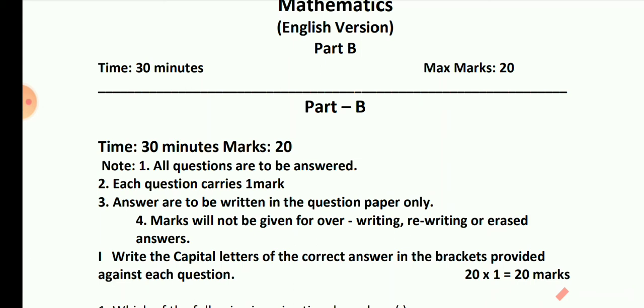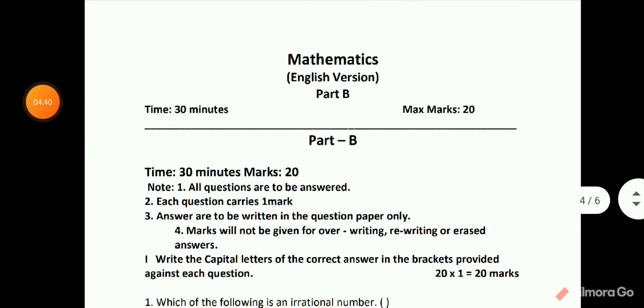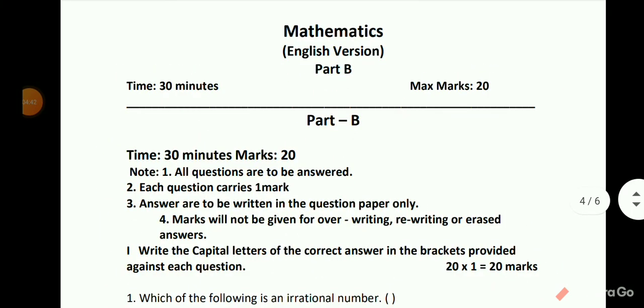At last I just want to conclude that this paper is easy. In this paper we have 2 parts, and each part has sections. In part 1, part A, we have 3 sections. Section 1 has 12 questions, and from those 12 you need to solve only 6. Next, section 2 has 8 questions, and from those you need to solve only 4. Next, section 3